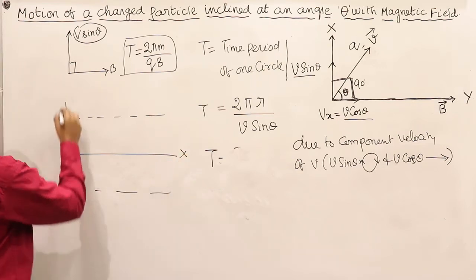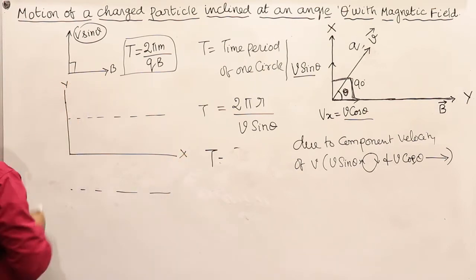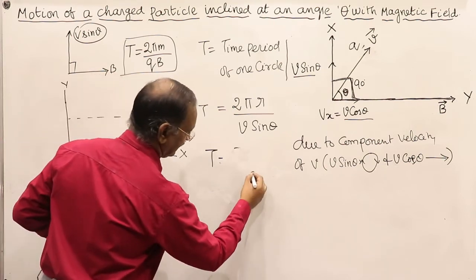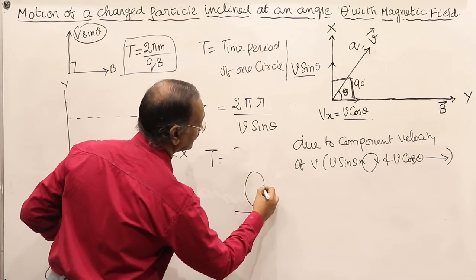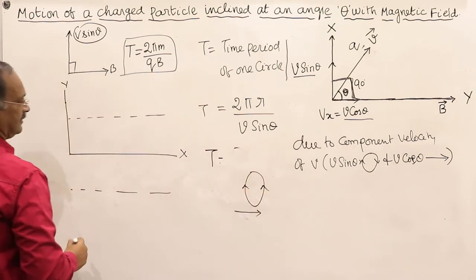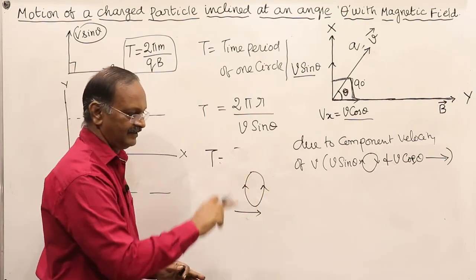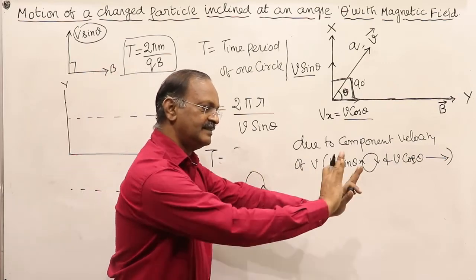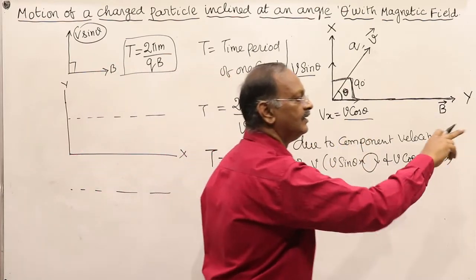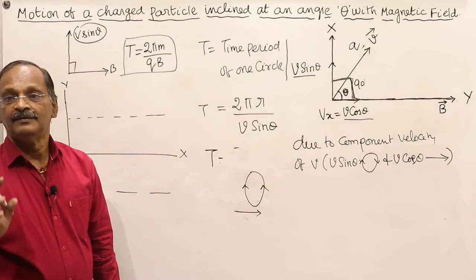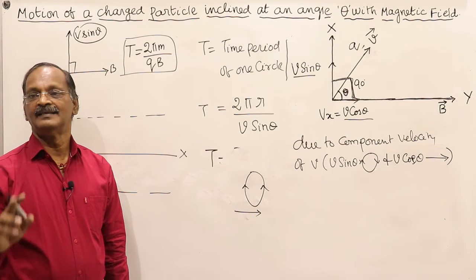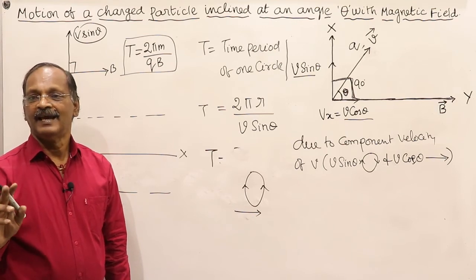This is x direction, this is y direction. What will be the motion? See, a particle is moving in a circular fashion as well as it is moving in this way also. It means the particle will keep on moving in a circular path and it will displace in this direction also. It means it will go like this. The resultant path of the particle is a helix with its axis parallel to